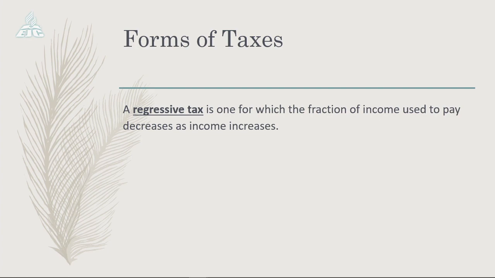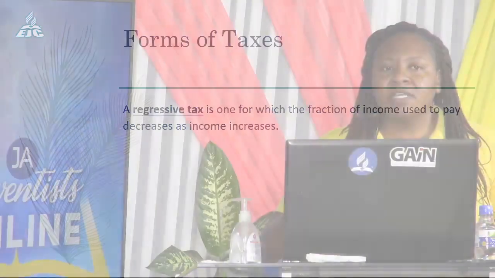So we see for the regressive tax now, this has a negative relationship. The regressive tax, as your income increases, the amount that you pay for tax decreases. All right? And this is in relation to a fraction. So of course, again, my salary is at $100,000, John's father's salary at $200,000 and Jane's mother's salary at $150,000.